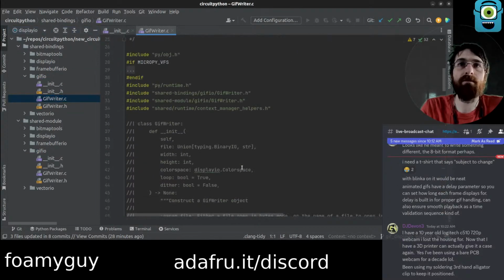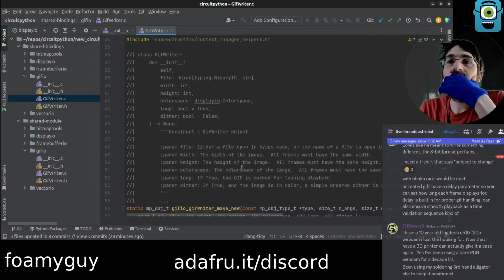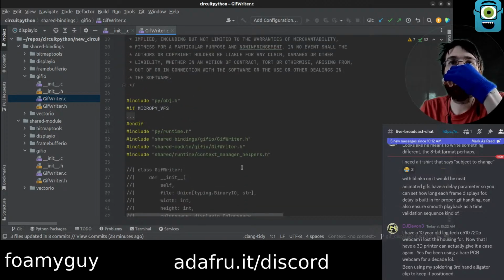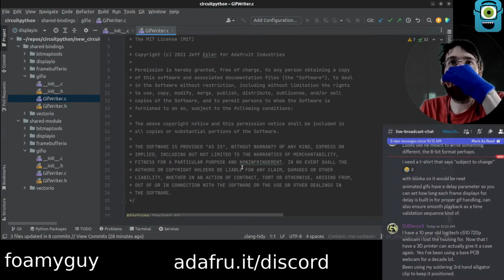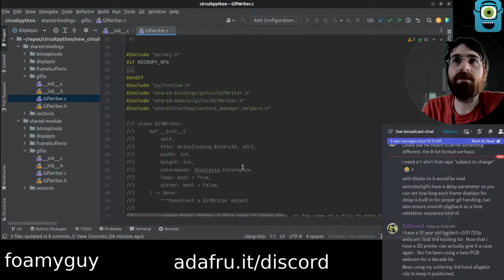GIF writer. Is this for creating a GIF? Jeff wrote this at some point.